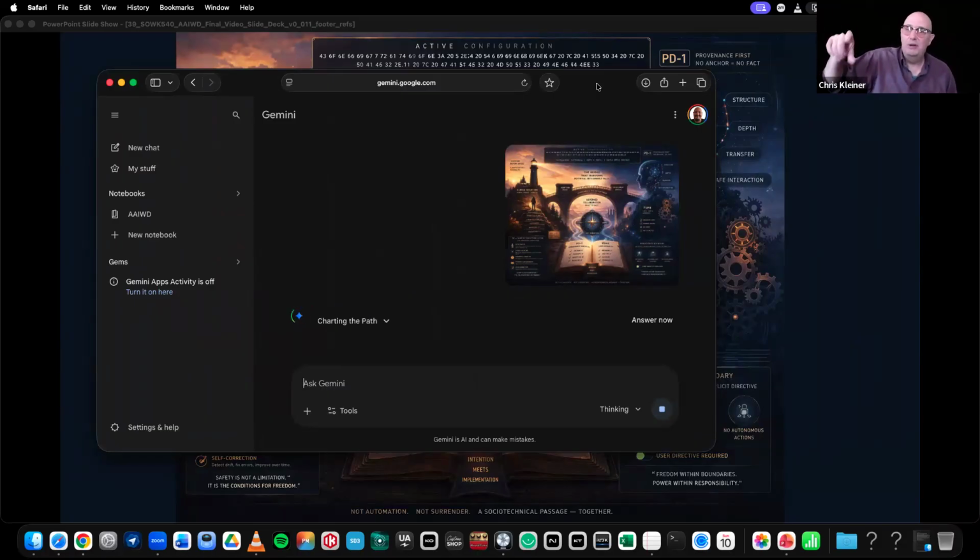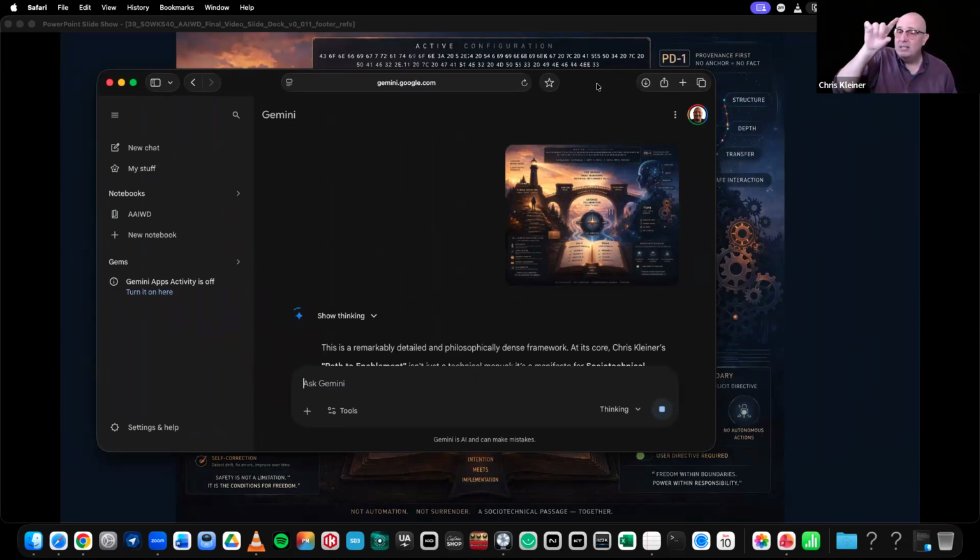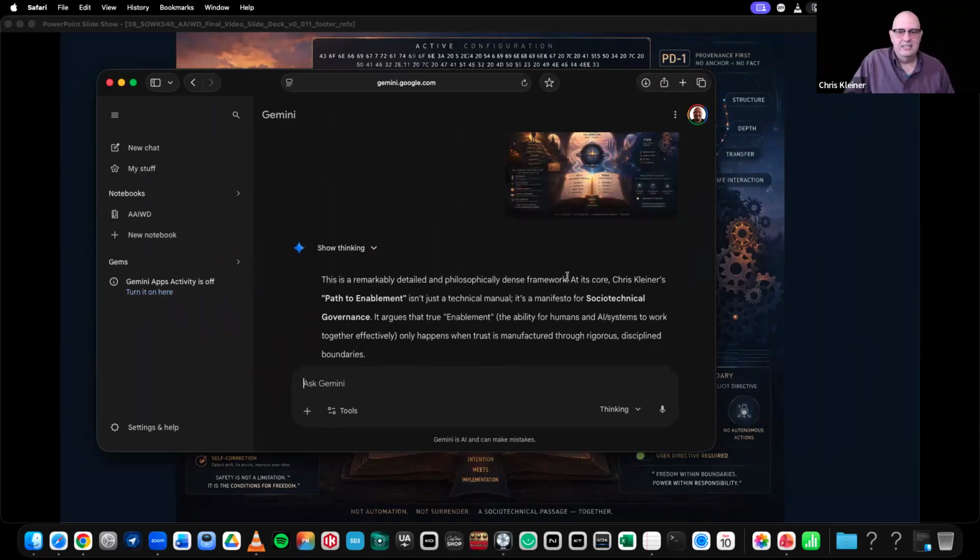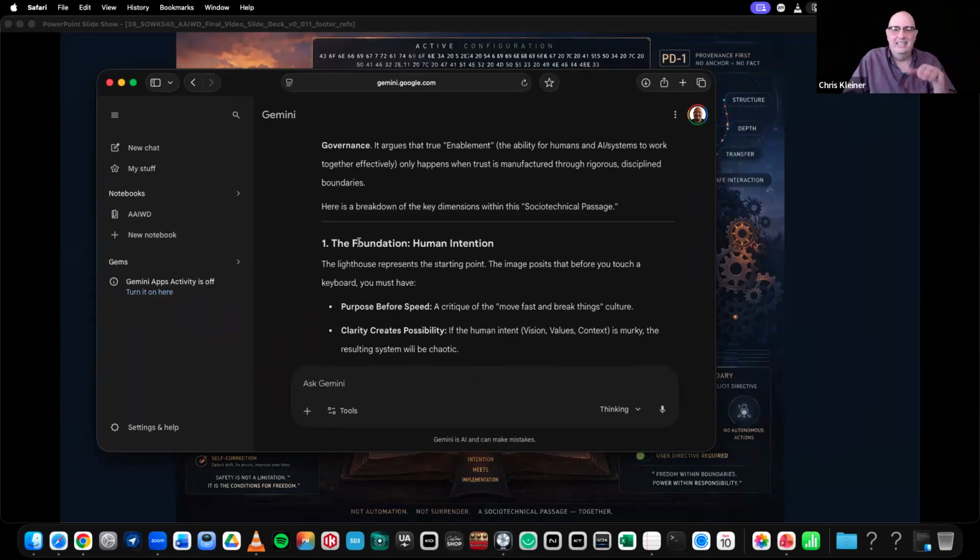You can try this, but if you think there's something I've done in the data, which I haven't, like in the file, you can take a screenshot or even a clear phone image. As long as the AI you load it up to can see all the words, it's going to understand that this is a socio-technical governance framework and it's going to start breaking it down. This was unintentional. This is the power of AI.